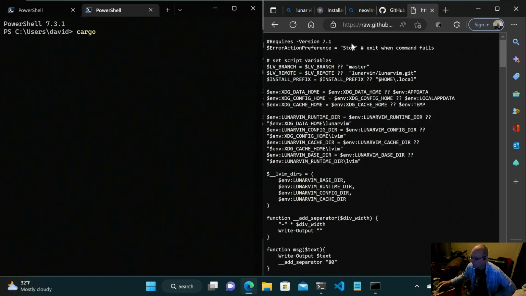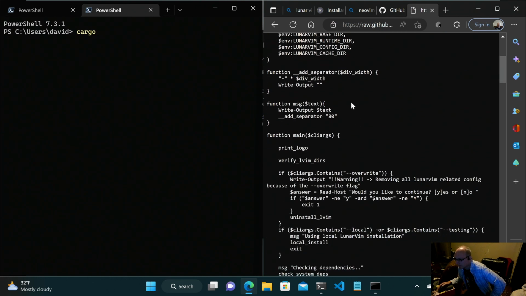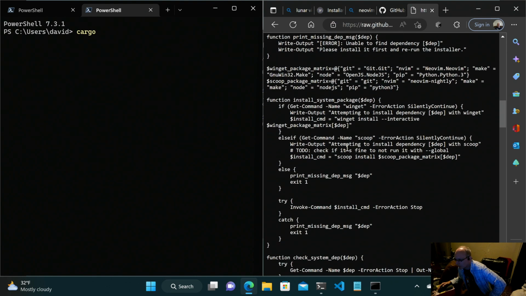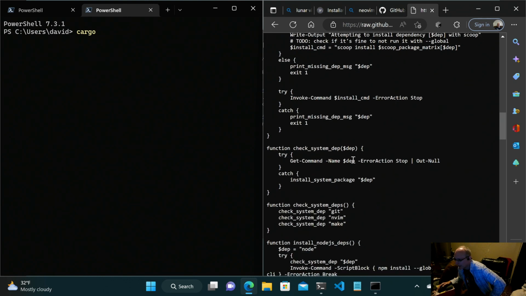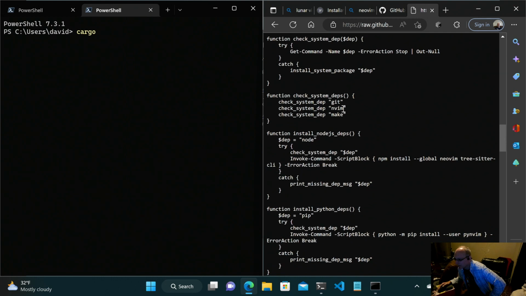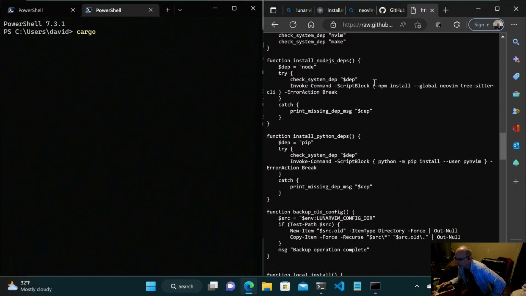I'll show you why I'm doing it this way. Instead of going through its script to do its thing, I can download the script too. But it's trying to ask for these dependencies, right? So it's wanting to check the system if it has nvim, make, git, okay? And then this is what says npm install global neovim tree sitter CLI. So instead of using the node version of tree sitter CLI, I'm going to do it through cargo install